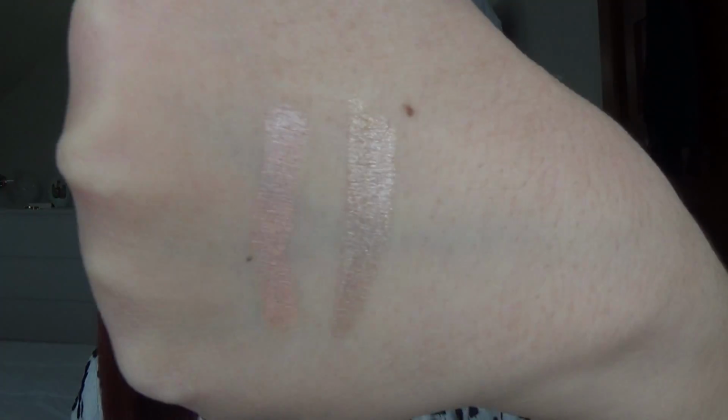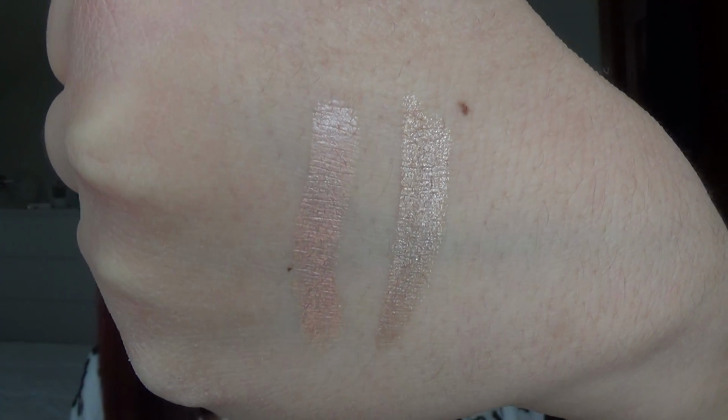And then let me do a swatch of this one. And that one is a little bit more of a taupey silver shade. So Sand Dunes is a little bit more cool toned, while Champagne Toast is a little bit more warm toned, but I think they will go great with the color palette that I chose for this week, which is the